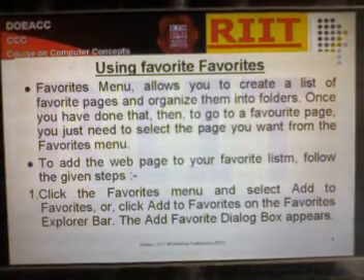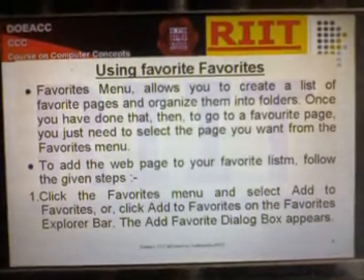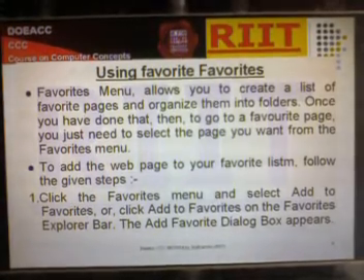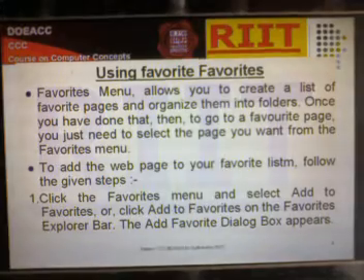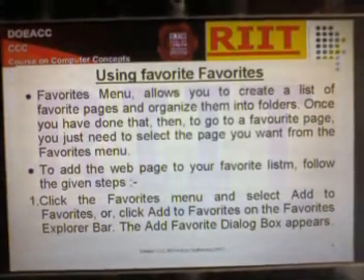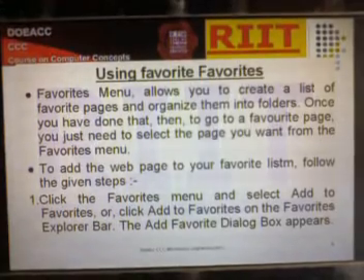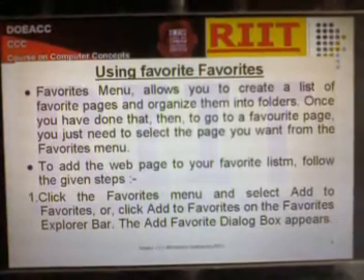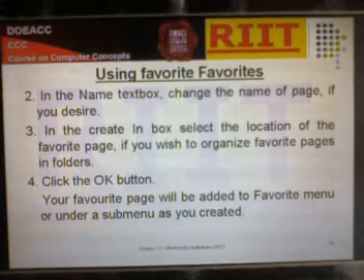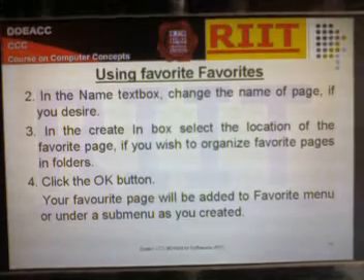To add a web page to your favorites list, follow the given steps. Click the Favorites menu and select Add to Favorites, or click Add to Favorites on the Favorites Explorer bar. The Add Favorite dialog box appears. In the Name text box, change the name of the page if you desire.